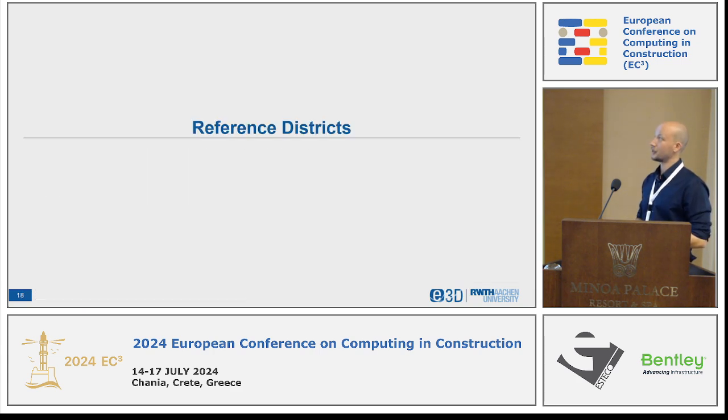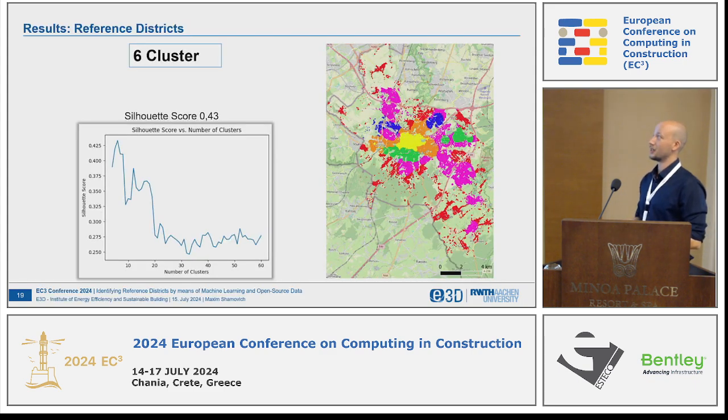So after enriching this data with heating demand and building type data, we continue and identify reference districts. 6 of them to be precise. So here you can see in the picture, now the clusters no longer need to be in direct proximity. For example, if you see the green cluster, you have one close to the middle, below, and one on the right. So now these are the labels that we put on the different clusters we found before, and those are our reference districts that we want to consider and see if one solution to one cluster could be applied to another district of the same type.